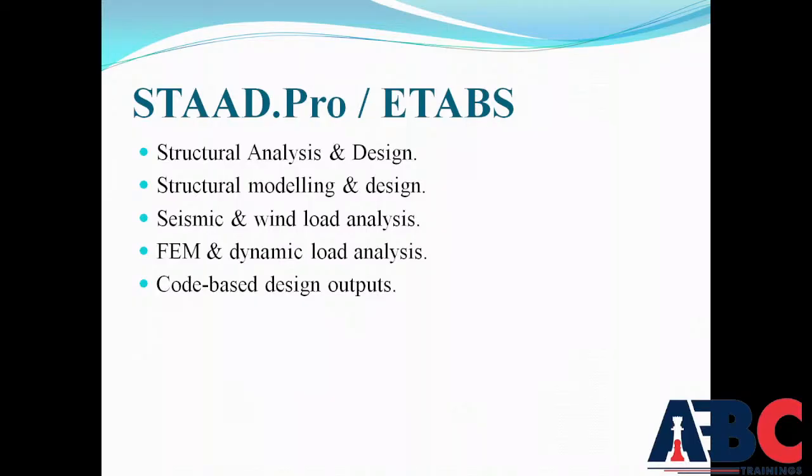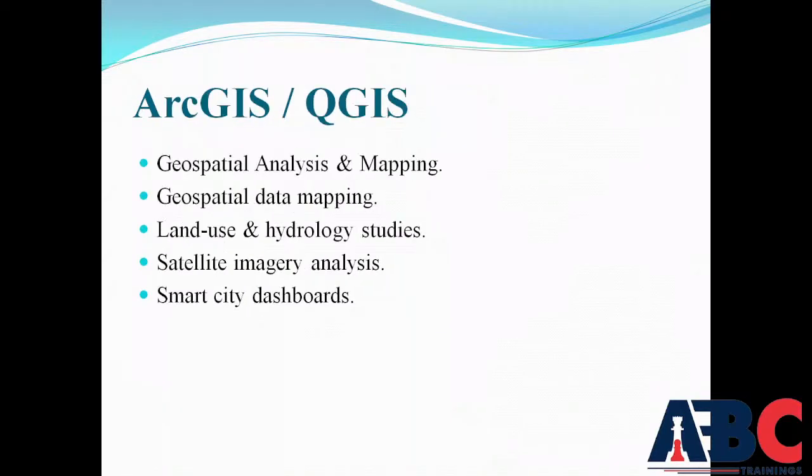So different kinds of codes are made for our structural modeling. If we are working on steel structure design, we use IS 800, or if we are working with concrete, we use IS 456. With code-based design, the outcome is efficient and seamless. We get detailed design reports, reinforcement drawings, steel connection designs, member sizing and optimization. That is why we use STAAD.Pro and ETABS.